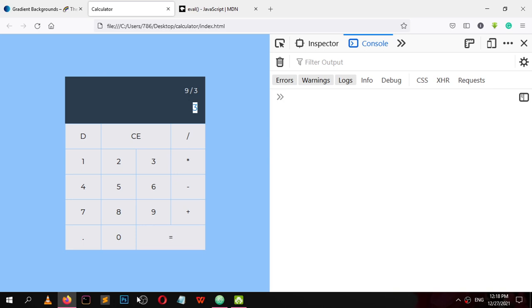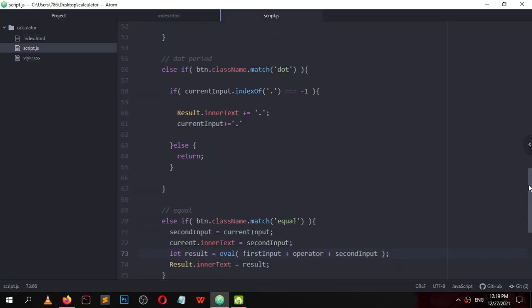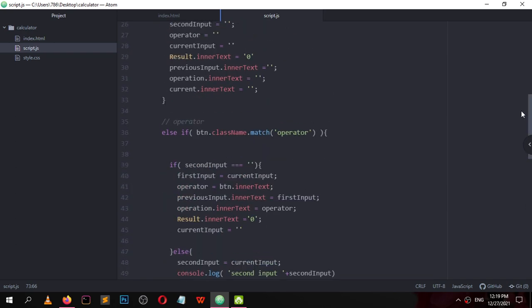Now one thing that remains is I want to add this functionality. This delete button will just delete the last typed input. So how can we achieve this? Let's go to this delete button. Where is this delete button?